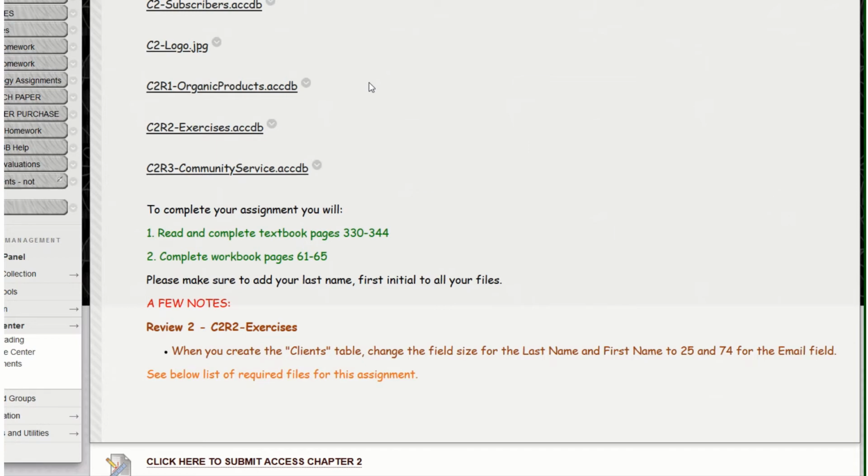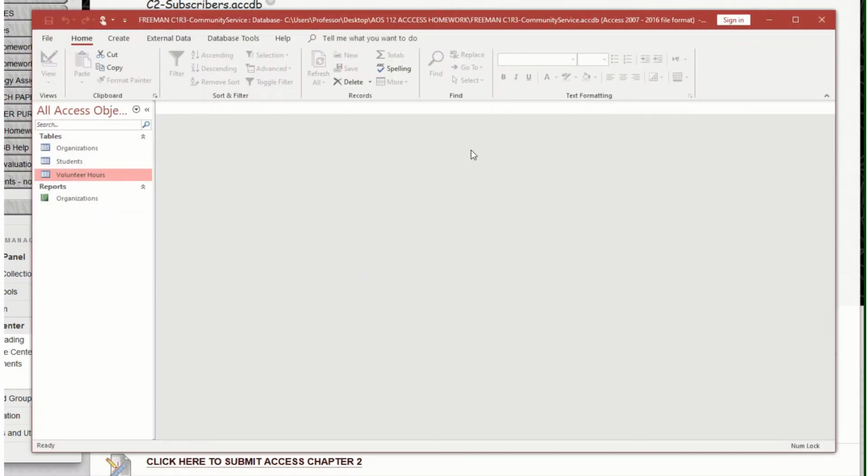Okay, Chapter 2 helps you learn how to create your own tables and to create your own forms. Most of the databases, well, all the databases so far that you've worked with have been databases on the student data files. I just want to show you real quick, for review 1, of course, we will use this student data file. But if I come down and